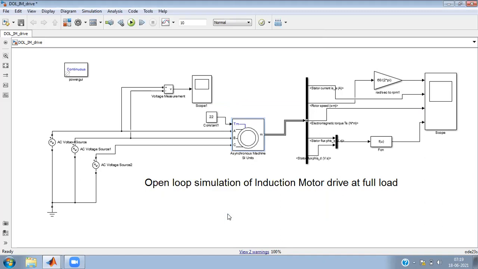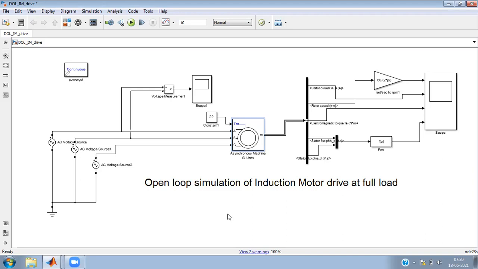Now, if you want to run the induction motor we selected, we are supposed to give it rated voltage and frequency three-phase supply, and apply the required load as per its rated load. If you do so, this motor is supposed to run at rated condition, produce the torque required at rated conditions, run at the rated speed, and produce the rated flux.